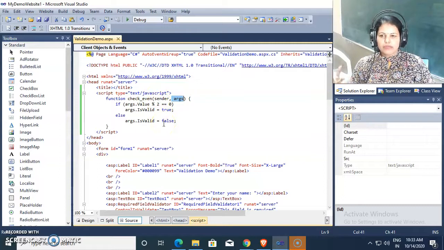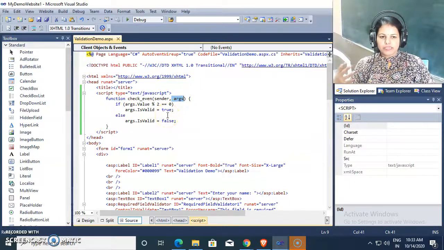Whenever you write a value inside the text box, this JavaScript function executes immediately, and if the values are correct, the error message will not be displayed. Otherwise the error message is shown on the web page immediately. So this is the effect of client-side validation.